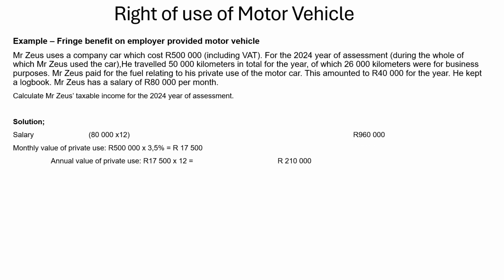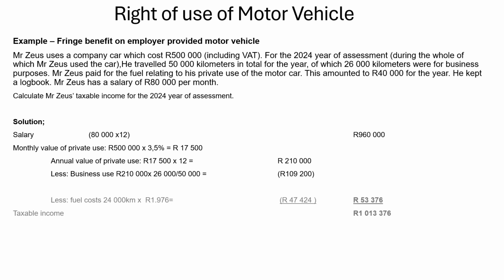960,000 rand. We will also calculate the monthly value of private use. 500,000 rand times 3.5%, since it has no maintenance plan, equals 17,500 rand. Then we calculate the annual value of private use. 17,500 rand times 12 equals 210,000 rand, less business use: 210,000 times 26,000 kilometers, divided by 50,000 kilometers equals R